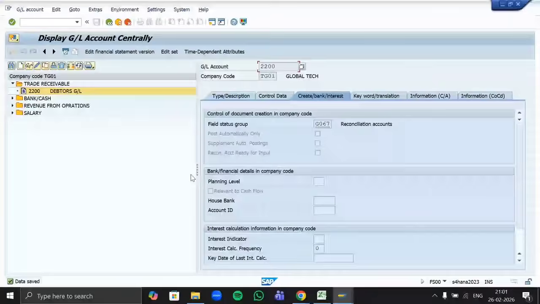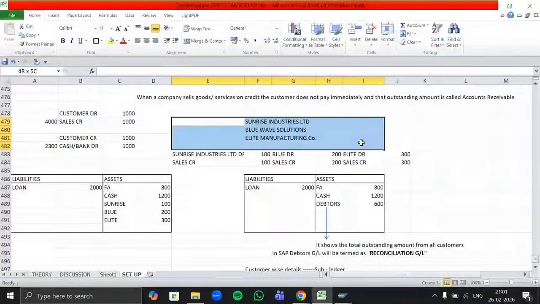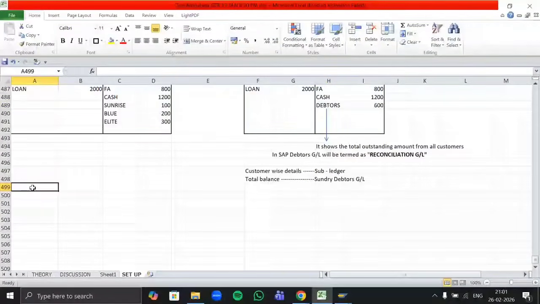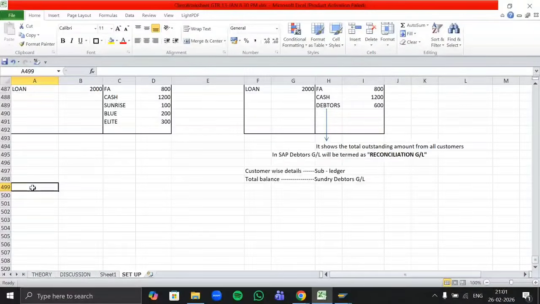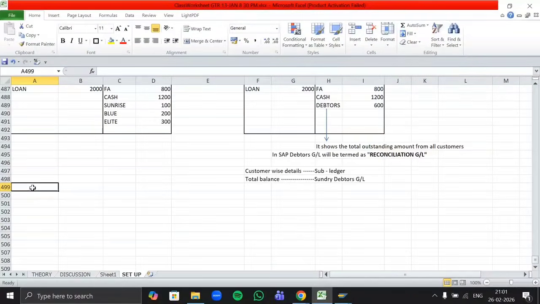Now once you create your debtors GL, we want our customers to be created, right? Then only can we post a transaction there, because we already have sales GL and cash GL, and now we also have debtors GL. The only thing we don't have is our customer. To create your customers, in a company you will have multiple retail customers, multiple wholesale customers, export customers, corporate customers, domestic customers, and government customers, as government firms will be your customers too. So how will you differentiate them? Which kind of customers are they?